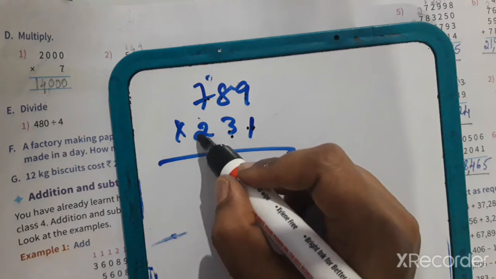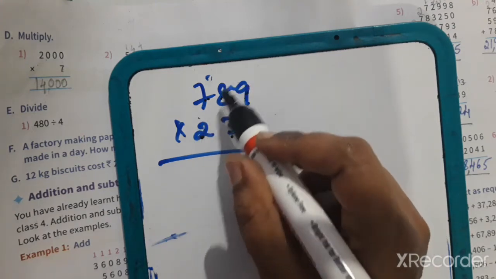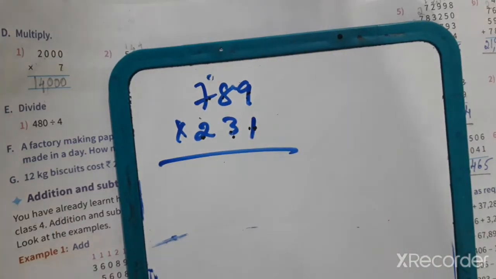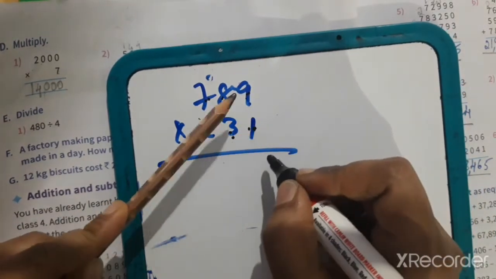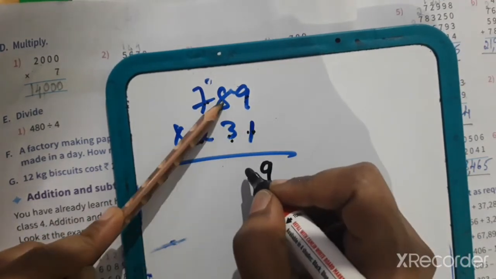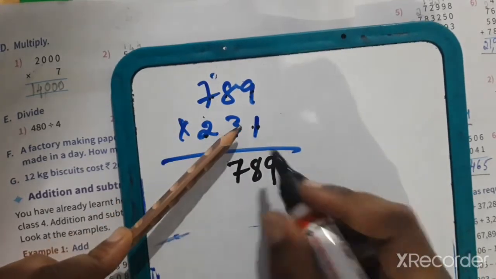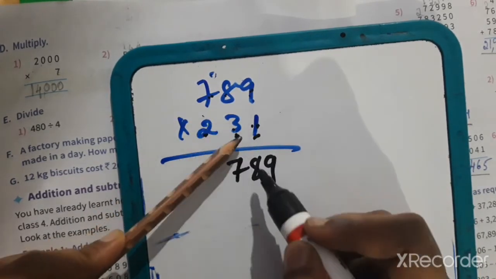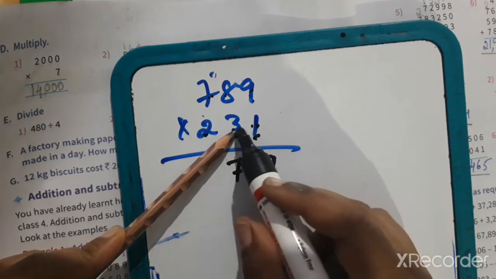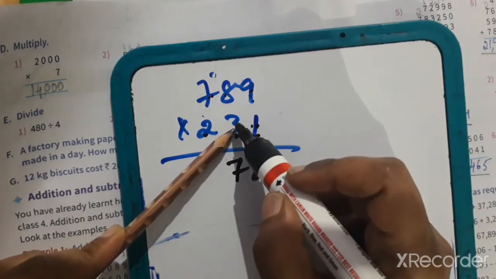And third line, so this is in the third line. With 2 we have to multiply 2 into 9, 2 into 8 and 2 into 7. So let's multiply 1 with each number. 1 9s are 9, 1 8s are 8, 1 7s are 7. Now first number is over, now the second number we have to multiply. So this is in the tens place, so fill the ones place with 0, then start multiplying.